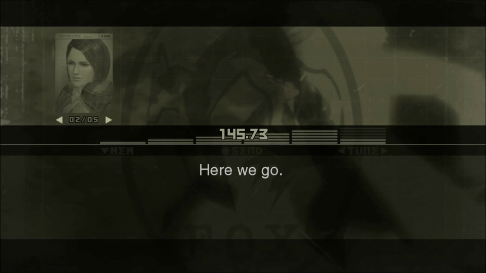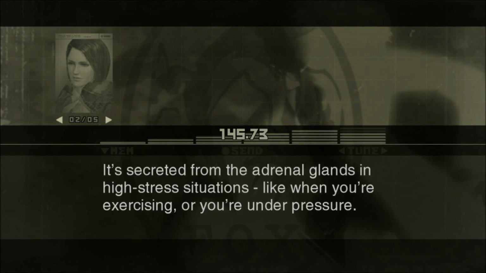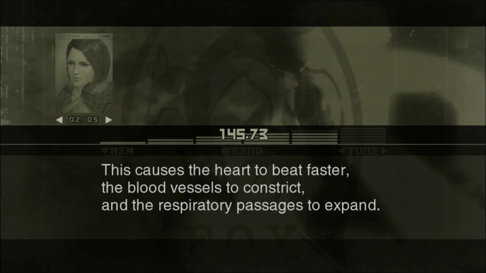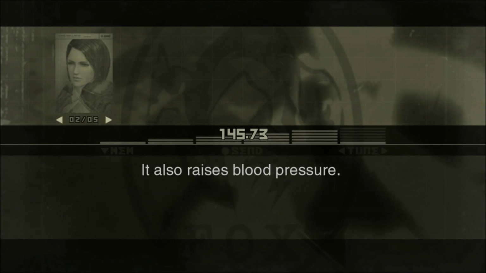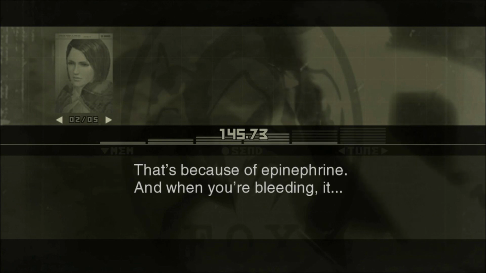Here we go. So, epinephrine is a type of hormone. It's secreted from the adrenal glands in high-stress situations, like when you're exercising or you're under pressure. The epinephrine is released into the bloodstream and stimulates special receptor cells on various organs throughout the body. This causes the heart to beat faster, the blood vessels to constrict, and the respiratory passages to expand. It also raises blood pressure. You ever notice how you're faster and stronger than normal when you're under stress? That's because of epinephrine, and when you're bleeding, it...